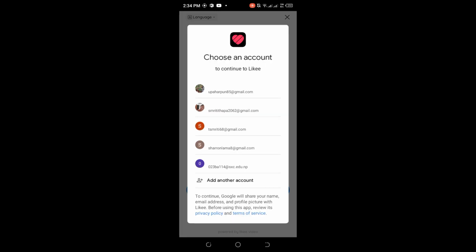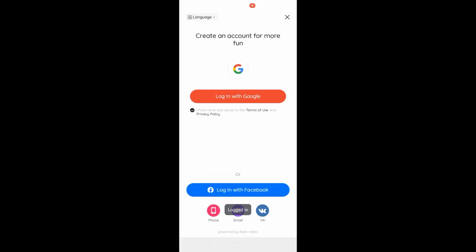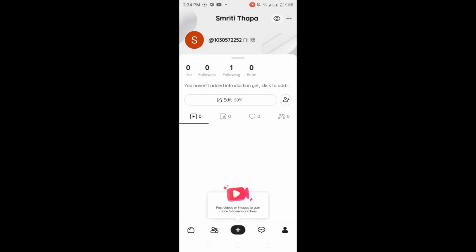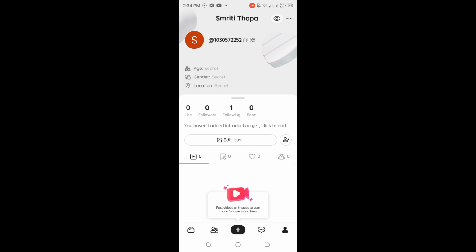And we could see there's a lot of options to choose an account for the email address. So I'm going to pick the third one and just tap it there as well. And now it's logging in. And on the top right corner there's a skip, so I'm going to skip it. So guys, we could see I just logged into my account, and this is how you can log into Like